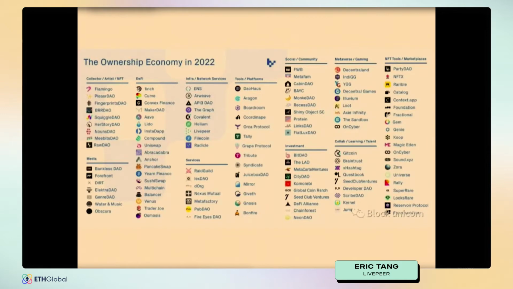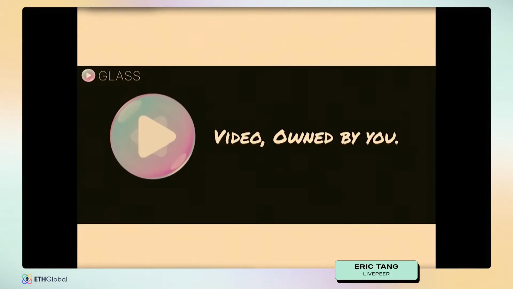And there's a lot already being written about the owner economy. Lots of applications are already building in this space around the owner economy, anywhere from digital assets to DeFi to tools, right? One really interesting example here I want to highlight. We use YouTube today to watch video, right? Artists launch their music videos on YouTube and people can watch it.